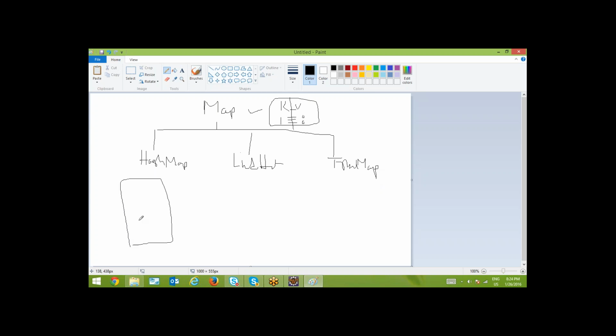Hash map stores the elements in key value pairs like this. And keys should be unique. And values can be unique or any kind of values it can store. Here only one key at a time you can store. And it can be ordered or not ordered. You can store 2, 1, 3, 3, 2, 1, 1, 2, 3. Any order you can store. But keys should be unique. Repeated keys are not allowed.